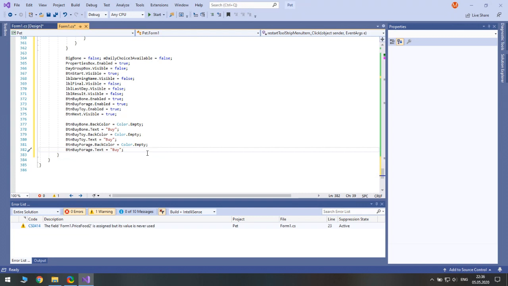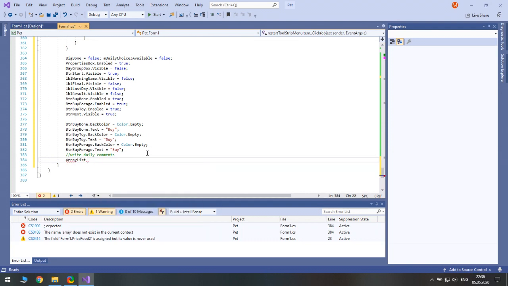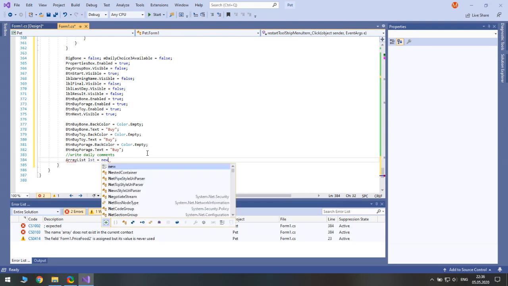Next, oh, daily comments. Write daily comments. So again, array list lst equals new array list.